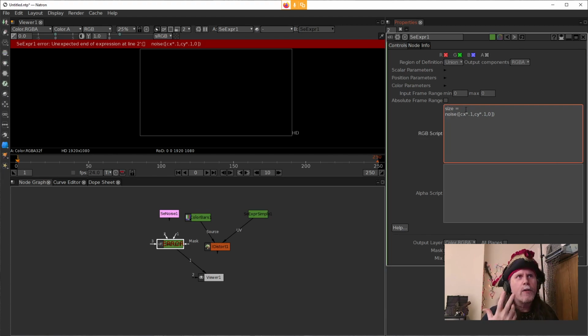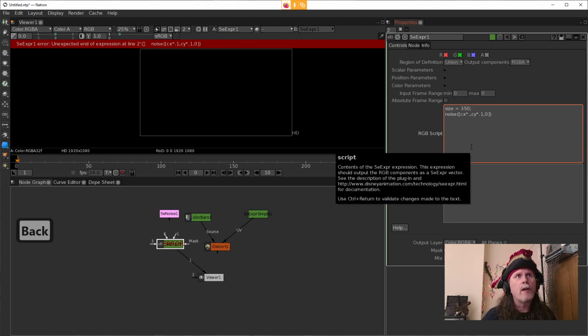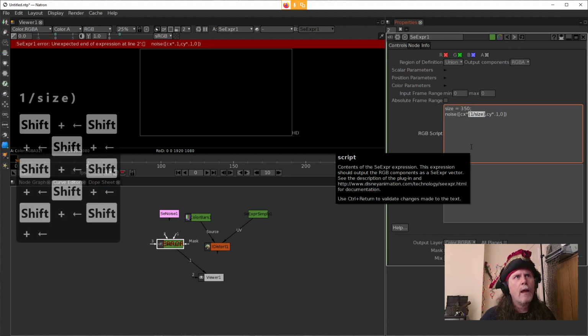So if I want to make a noise and I say 350, and I hit semicolon here. Instead of multiplying it times 350, what I'm going to do is CX times 1 divided by size. That is going to give us our actual scale, but as a multiple. And that's very important